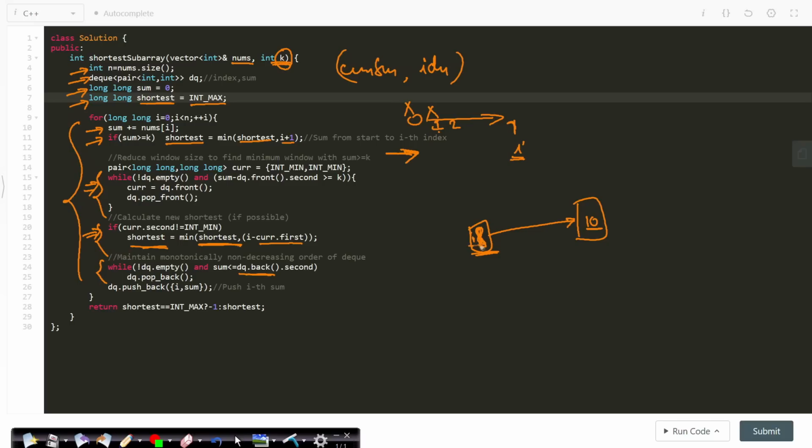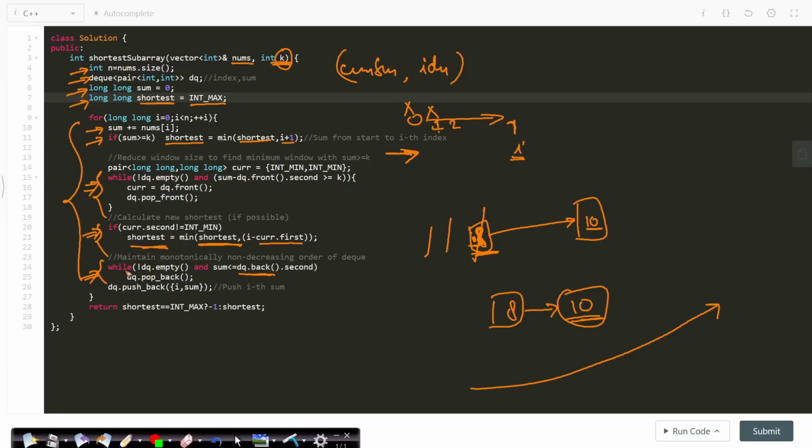Otherwise, if it was, let's say, 18, then it will not be monotonically increasing, right? Then you have to pop out some items unless you find an item which is less than 10 in the back of the queue. Otherwise, your DQ is totally empty. Until then, you keep popping out the elements. This is that case. And after the suitable element is maintained or your queue is empty, then you can add your suitable value, which will actually maintain your graph in monotonically increasing order.